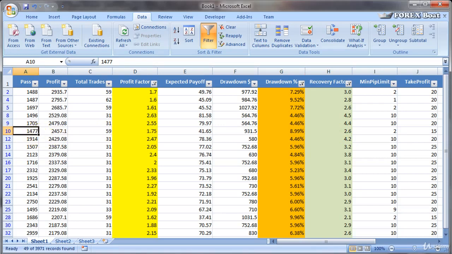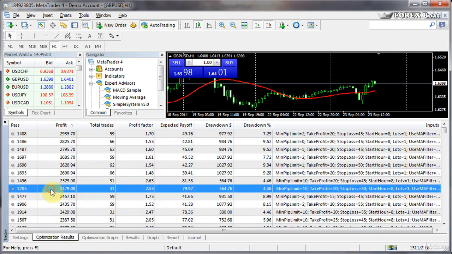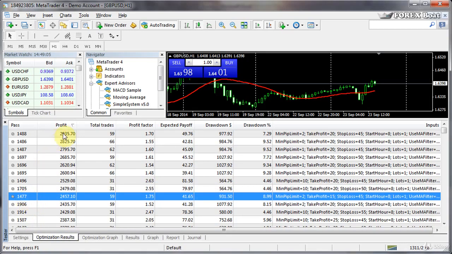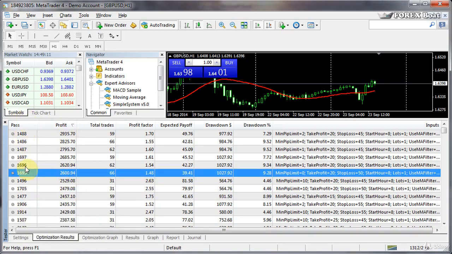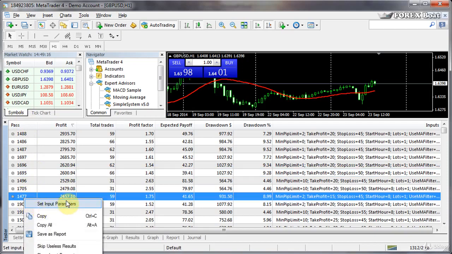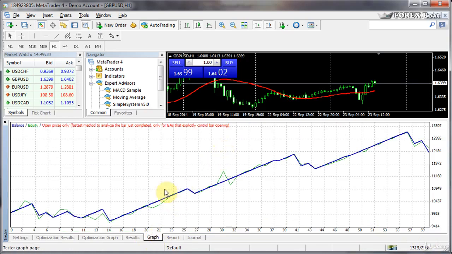It's 1477. Now if we go back to MetaTrader 4 to our optimization results, there it is. So it's still ordered by profit, and you can find it right here, 1477. If you can't find it, just order by pass and then search for it. By just scrolling down, you will be able to locate it easily. Set input parameters, start the optimization, look at the graph. So, and if you like the graph, then maybe you should consider this set of parameters for your demo test